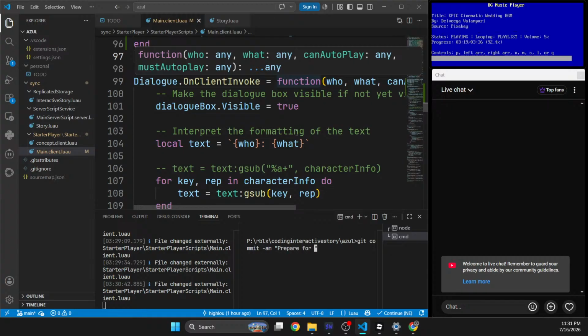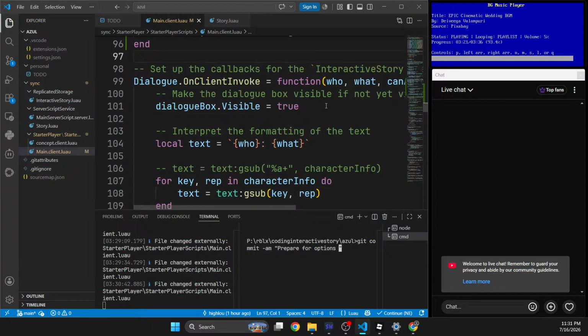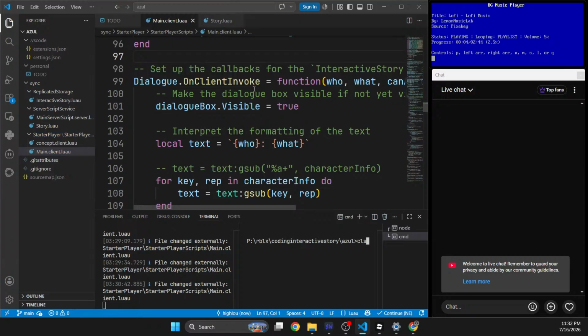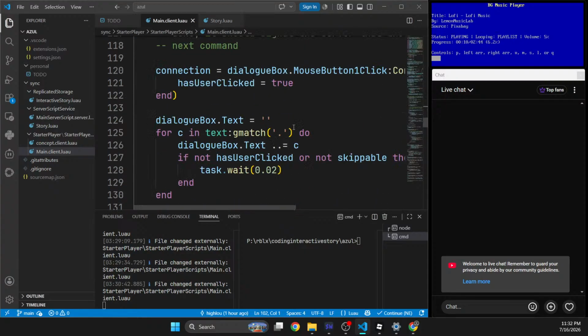Prepare for options. Writing options. I guess capital O, options callback by initializing frame, and it's UI grid layout. Okay, that should be good enough. Correct spelling. Okay, so that should be good enough. And then so now we can